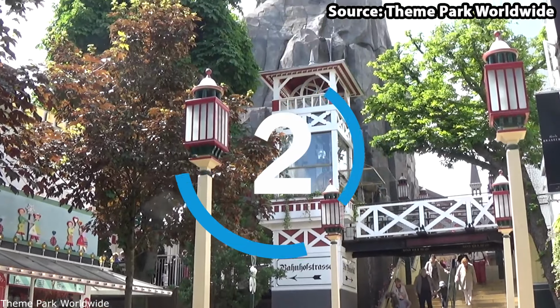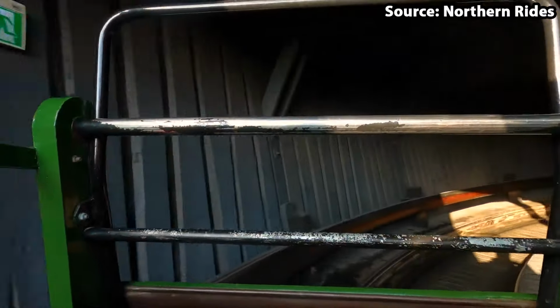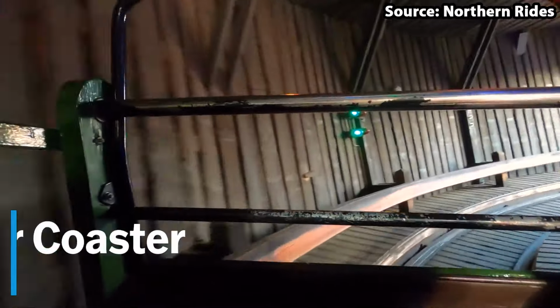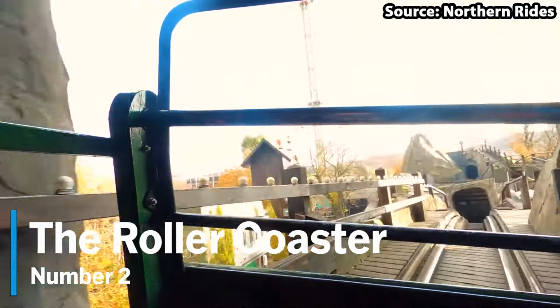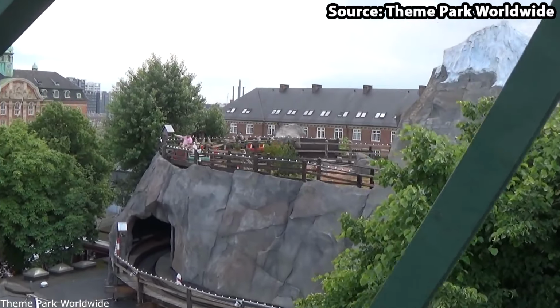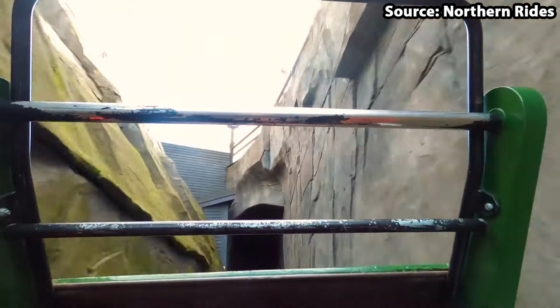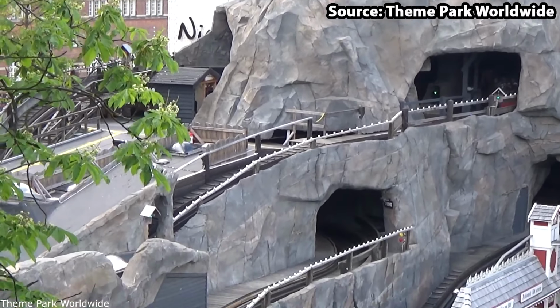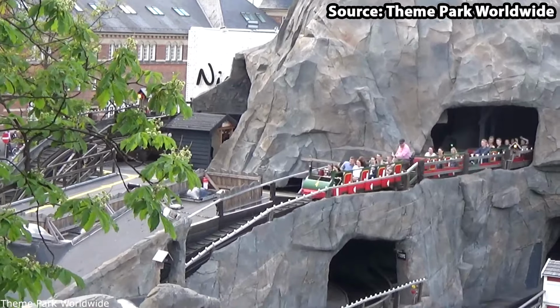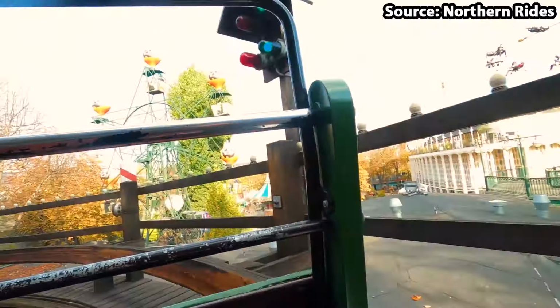Here we are at the top 2 rides at the park, and for this position we are going to take a ride on the roller coaster. And even though it is the oldest ride in the park, and in fact the 3rd oldest roller coaster on the planet, with its opening back in 1902, from the moment you see this attraction's wooden structure as well as the mountains surrounding it, you will instantly want to take a ride, and you should definitely do just that,